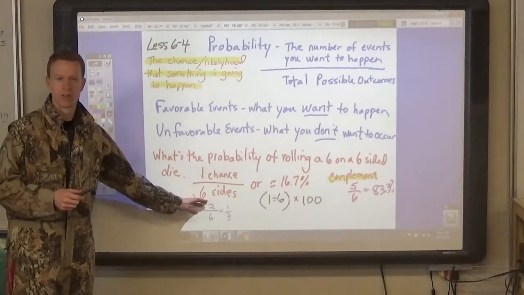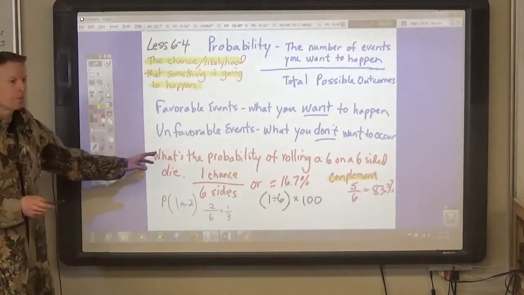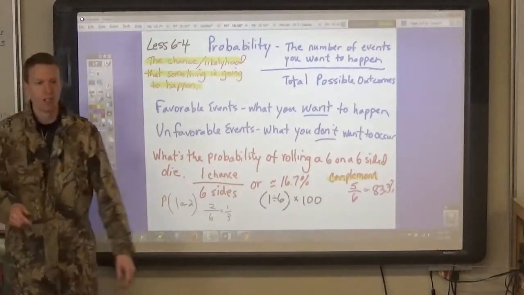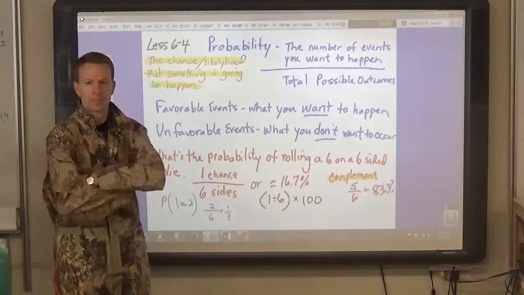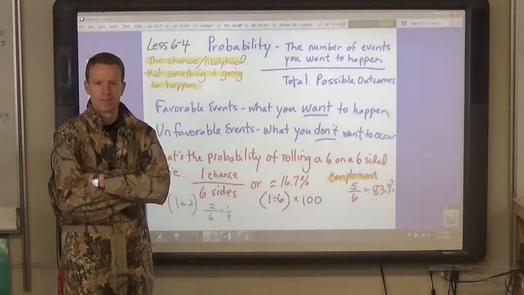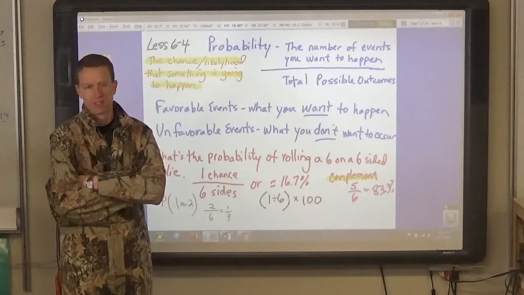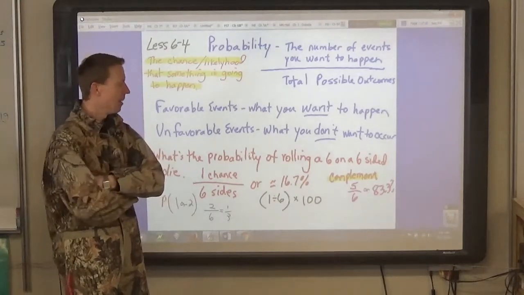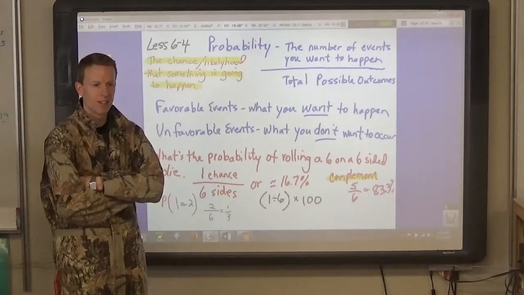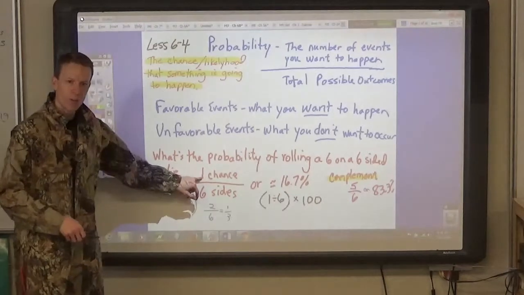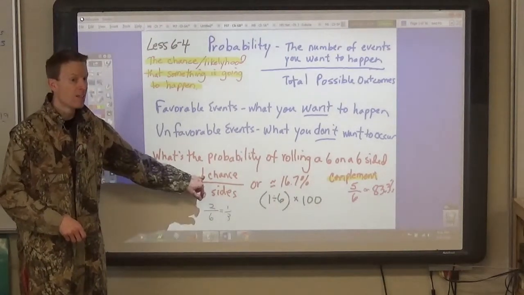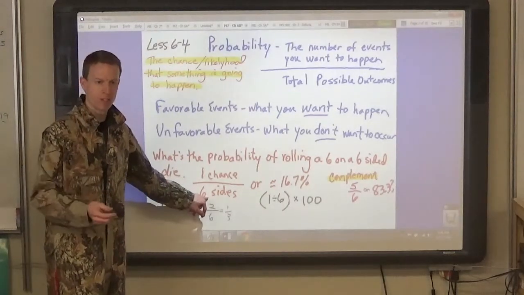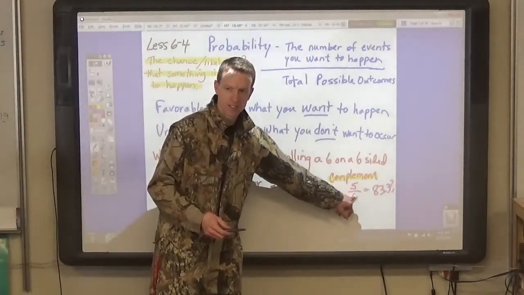33.3% is 1/3. Okay? The complement, you have to know what the complement is, or what it means. What is a complement to the probability? Gracie? Yeah, it's the opposite, right? So if the chances of rolling a 1 are 1 in 6, the probability of not rolling a 1 is the complement to that, or 5 out of 6, or